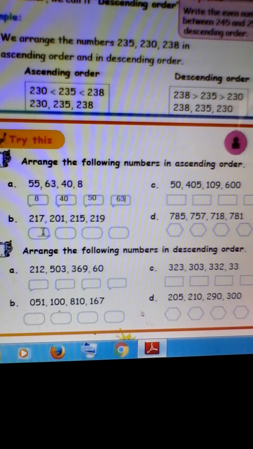Fine. The B, 217, 201, 215, 219. So which is the smaller one? 201, because it is 1, right? Then 1. Then which number? 15 is there, 17 is there, 19 is there. So 15 will be lesser. 215, then 217, then it is 219. Then in C,